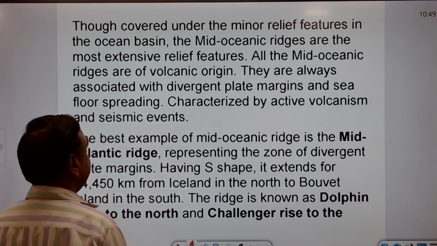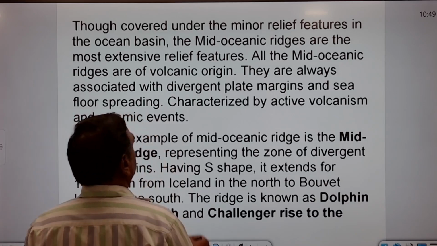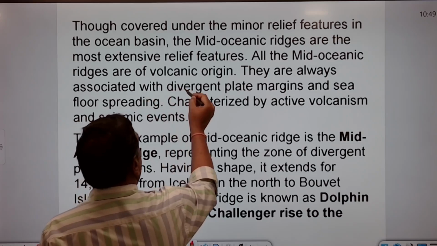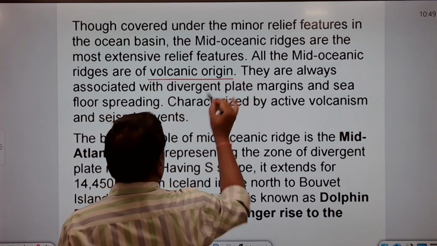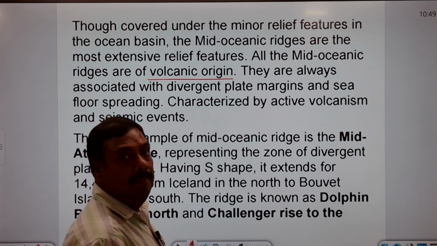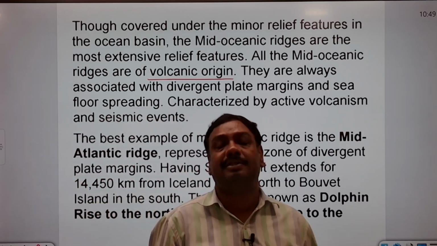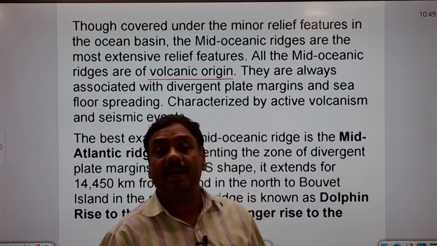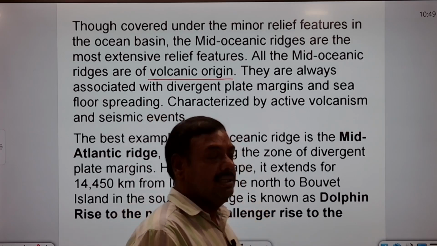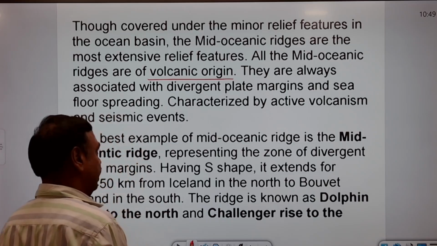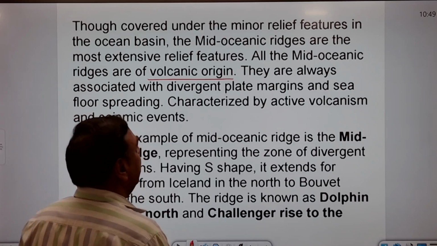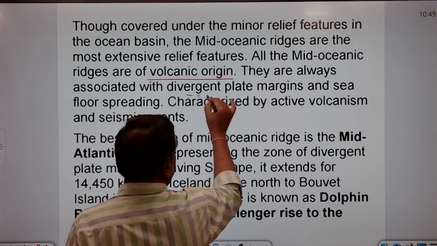Okay. Now, see here. All the mid-oceanic ridges are of volcanic origin. Obviously, they are of volcanic origin because upwelling of magma is taking place. Got it? Upwelling of magma is taking place there. That is why they are volcanic in origin. They are always associated with divergent plate margins